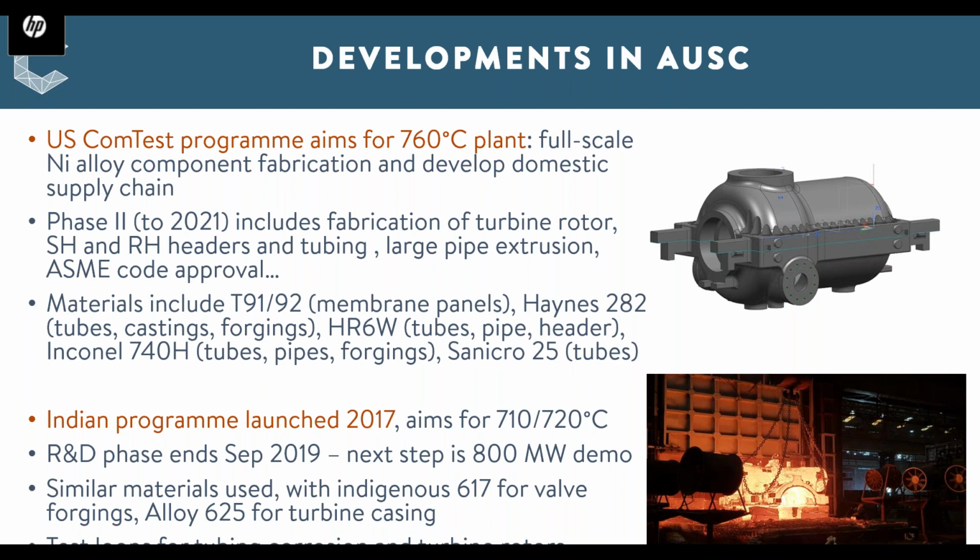EPRI presented the achievements of the completed COMTEST Phase 1 and the aims of the recently approved Phase 2, which is now focusing on full-scale fabrication of nickel alloy components and the development of a domestic supply chain for these parts. Key components which will be fabricated and tested include the turbine rotor, superheater and reheater headers and tubing, and steam piping. Pictured here is a design for a steam turbine nozzle carrier to be cast in Haynes 282 nickel